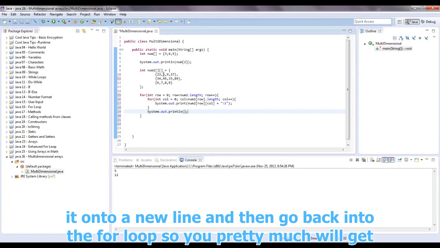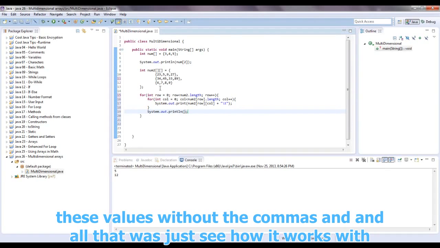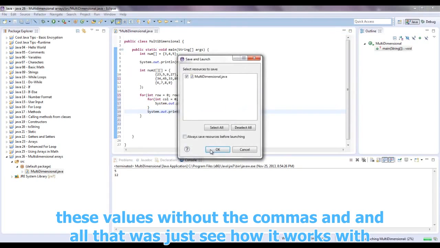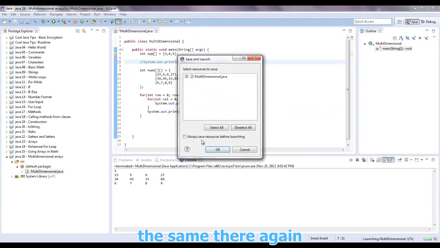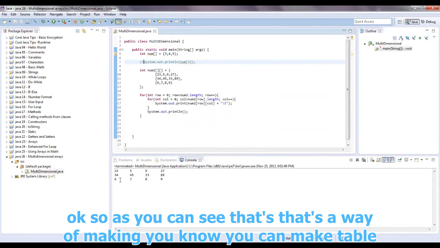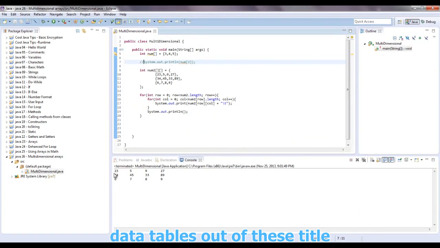So you pretty much will get these values without the commas and all that. Let's just see how it works. Bam. Well, made it a little bit ugly with this thing in there. Let's run it again. Okay, so as you can see,